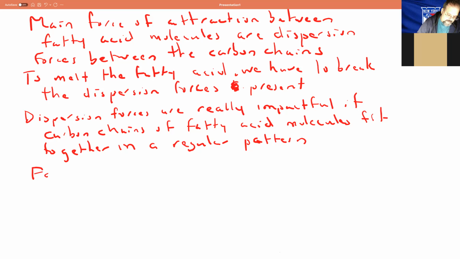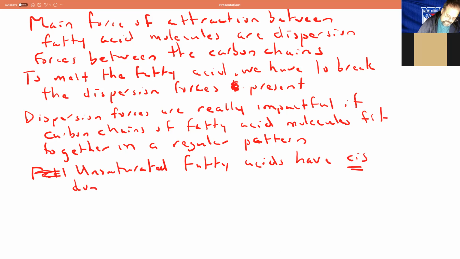Now, your unsaturated fatty acids have cis double bonds. The textbook talks about the fact, which is true, that because each of the double bond carbons has one hydrogen, you could have cis and trans isomerism. But in most naturally occurring fatty acids, what you have around the carbon-to-carbon double bonds is a cis configuration. What this does is that it causes